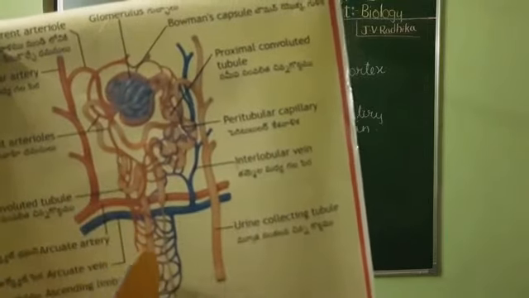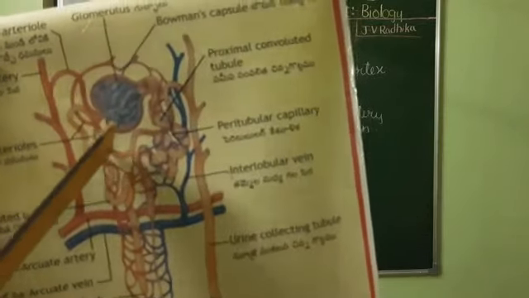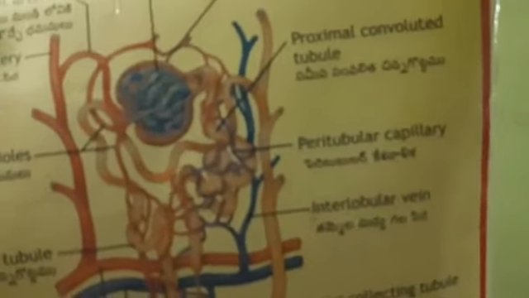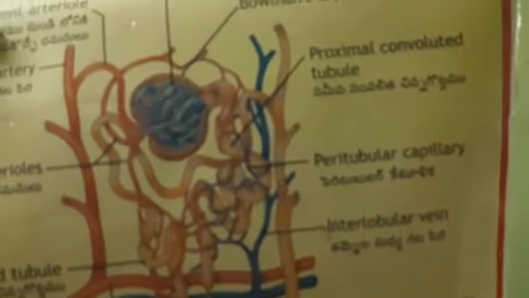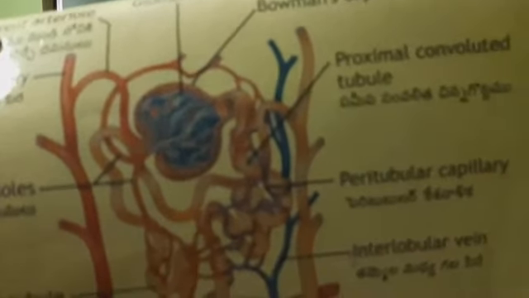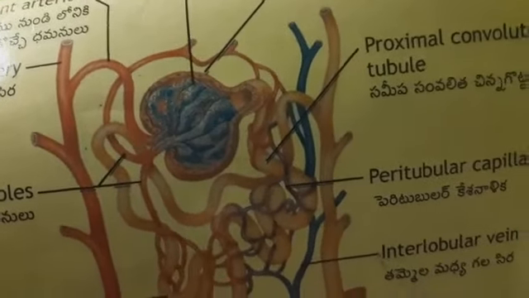Okay, Malpighian tubule or nephric tubule. This in turn will contain many parts. So first we are coming to this one, the Bowman's capsule. So it is just like a cup, an outer cup. Okay, here I will just focus. See, all of you. Can you all see now, very clear? Yes.